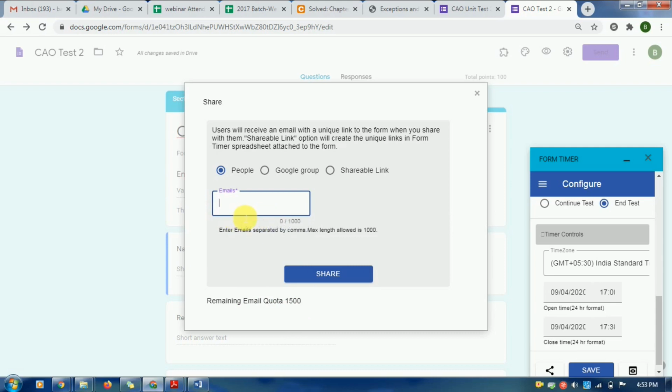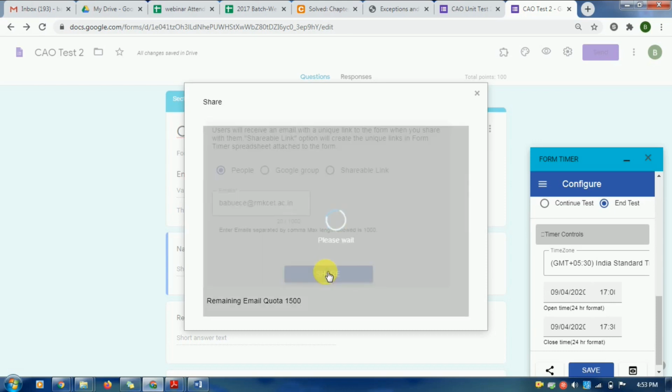If you are sending 30 mails at a time, another 30 mail IDs can be sent after sending the first 30 mails. For example, I will show how that invitation looks. I am giving my mail ID here, and if you want to add another mail ID, you can click comma and fill in the remaining. The character count is shown here, right? Up to 1000 characters you can enter here. Once the mail is processed, you can send the remaining mail IDs. Click Share. You will get a success message.